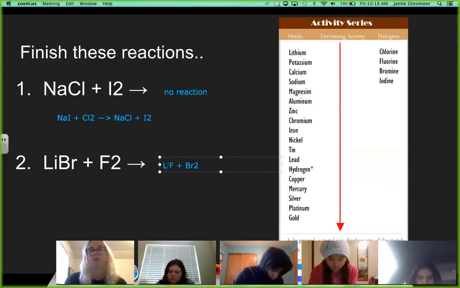And then of course we would want to balance this entire equation. Right, we've got 2 fluorines on this side, so we need 2 on this side. We have 2 bromines on this side and 2 lithiums, so we also need